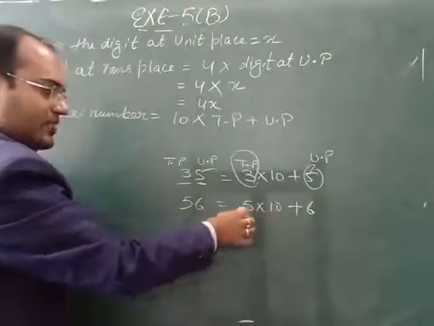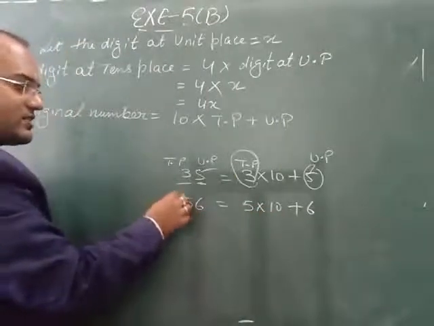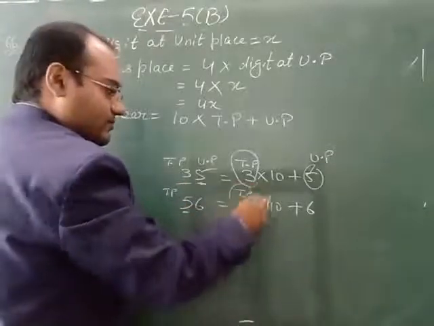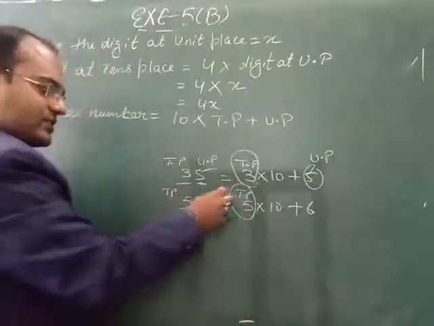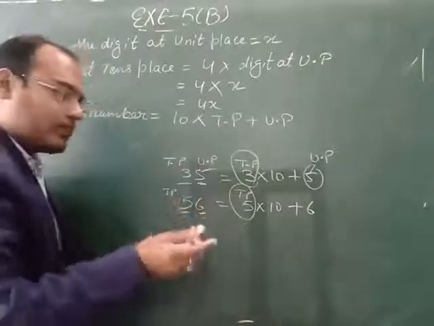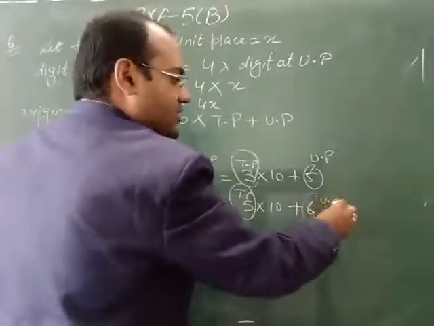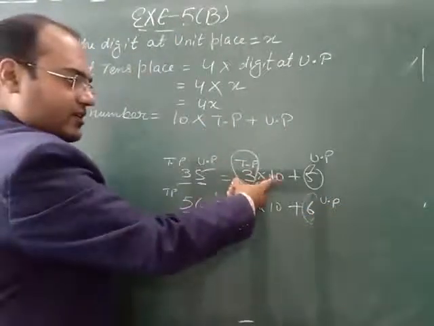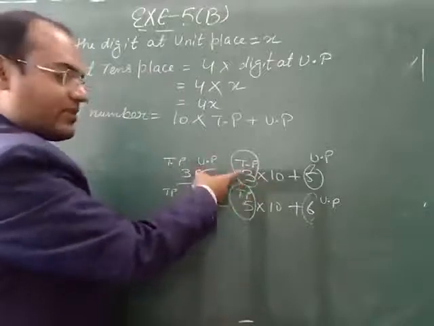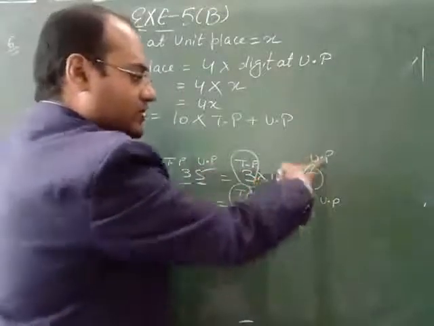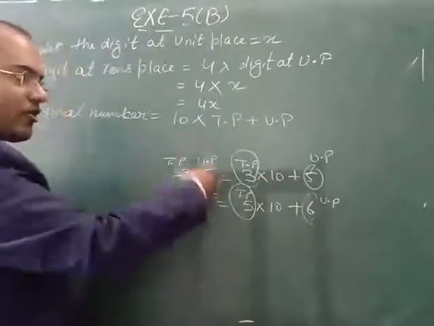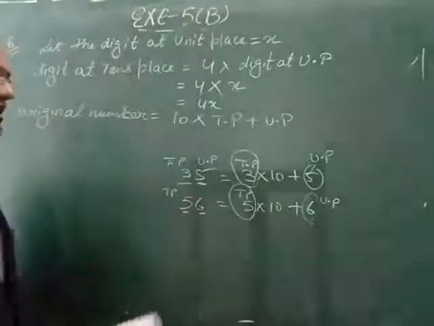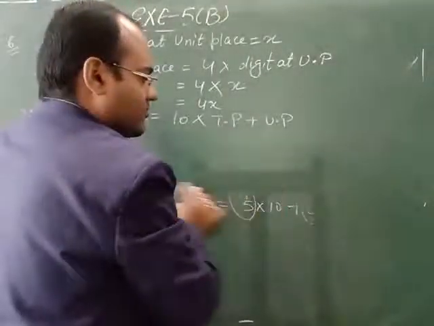Here also you can check. 10 multiply 5. What is this 5? 5 is the tens place. Ones, tens. 6 is the ones place, or you can say unit place. So unit place we are adding. So what is the formula? 10 into tens place plus unit place. This is 10 into 3. 3 means tens place digit plus unit place digit. Here also you can check, same formula is coming. So that's why you have to remember this formula. Formula for 2-digit number is 10 into tens place plus unit place.